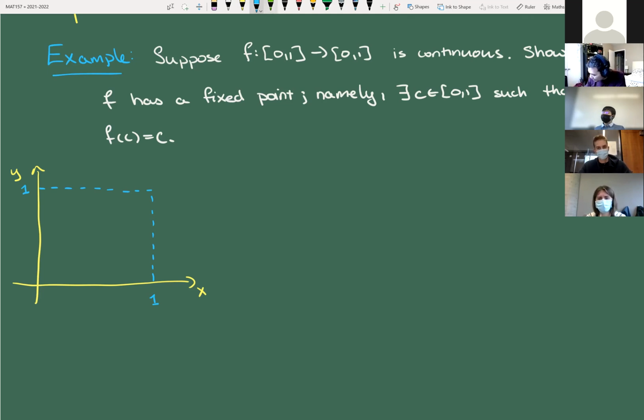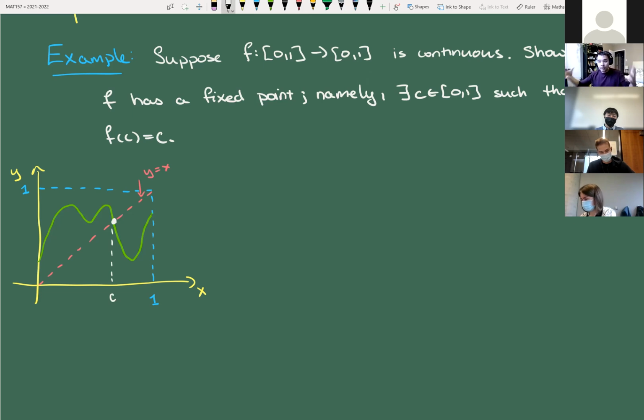And if you graph it, I guess I'm being inconsistent with my colors, so I'm going to draw it in green. But basically the idea is no matter what curve you draw, you can draw any function you want in this box, at some point it's going to have to pass through, oops, that is the wrong direction. At some point, it's going to have to pass through the line y equals x. Right? Because y equals x is precisely where the input and the output will be the same. So this is going to be the fixed point, wherever that curve intersects the line